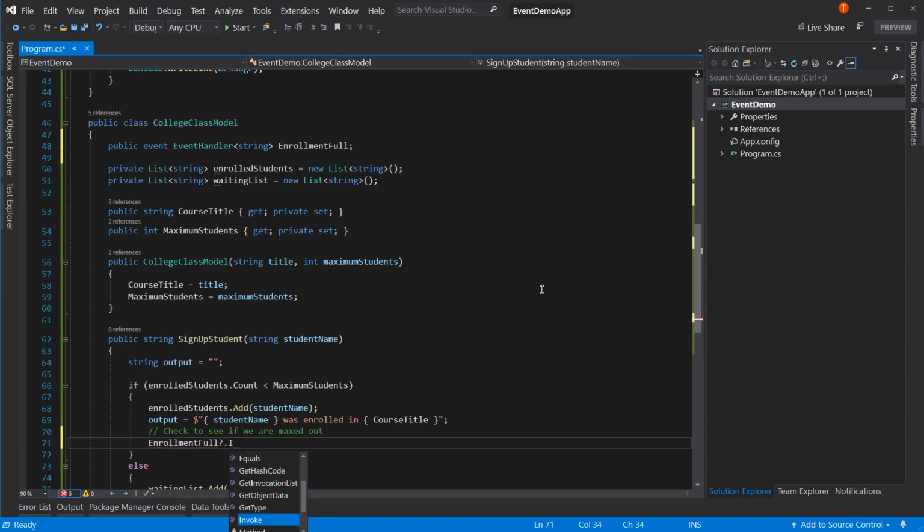Dot invoke. And the reason for the question mark is because if no one's listening, we don't want to throw an exception, which it would. And so the question mark we've used before says, if it's not null, do this next thing. Now, if it is